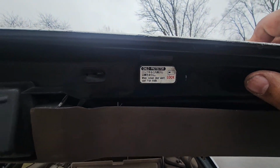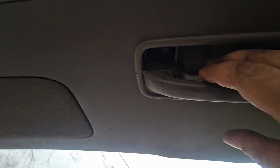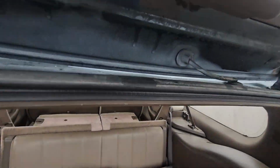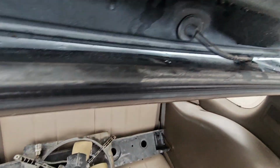Got a little child protector lock right there, and I guess for the 3rd gen Camry wagon, you also have a little handle to let yourself out, hence the child protector lock. So never saw that sticker, and it's nothing. But yeah,